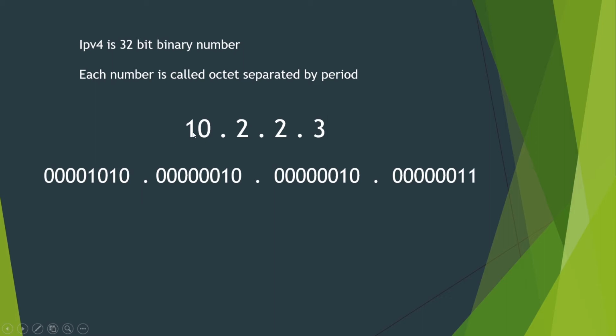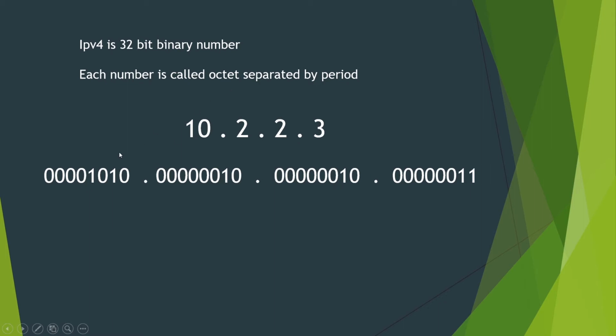And this is a decimal number, and we need to convert it into binary, because IP version 4 is 32-bit binary, and we use this form just to memorize it for us. We cannot memorize the long string of zeros and ones, so we make it into decimal format. This is called dotted decimal format. We can easily remember 10.2.2.3 rather than remembering the binary.